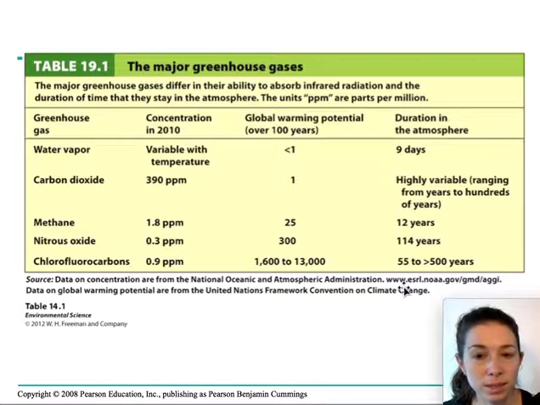In comparison, methane might stay in the atmosphere for 12 years, which is still a pretty significant amount of time, and nitrous oxide could stay in the atmosphere for 114 years. So all of these greenhouse gases are very long living,